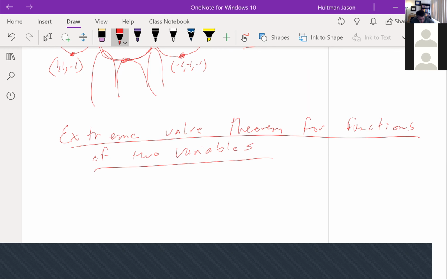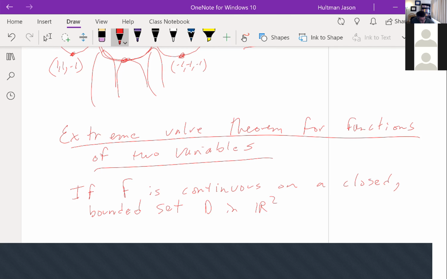Okay, so if f is continuous on a closed bounded set D in R2,